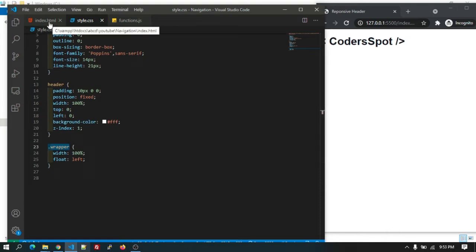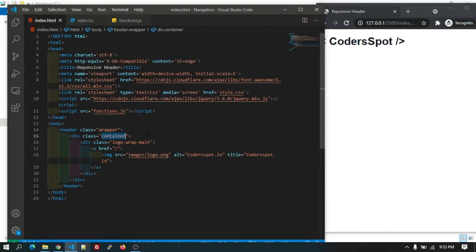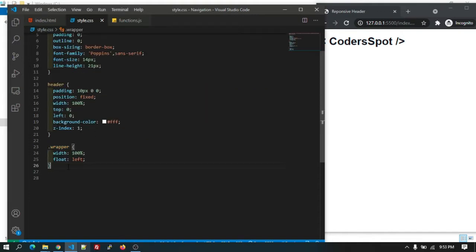Okay, let's add CSS to the container. Let's copy that class. Let's add the CSS to the container.